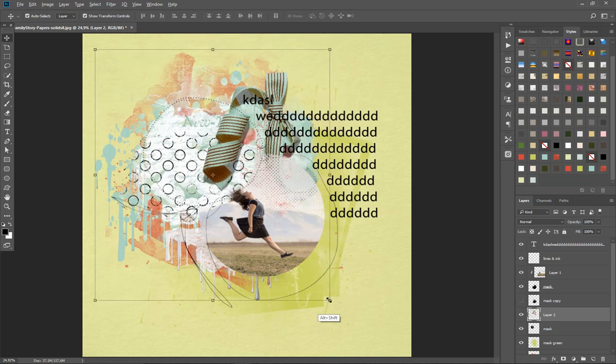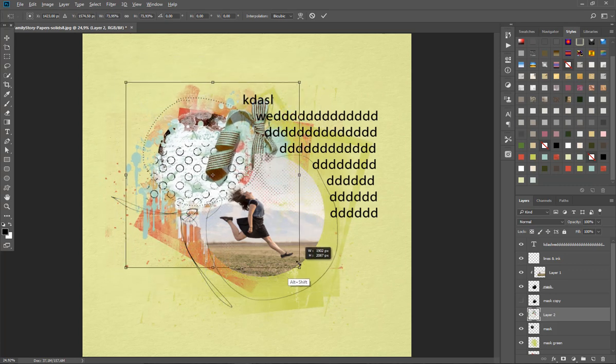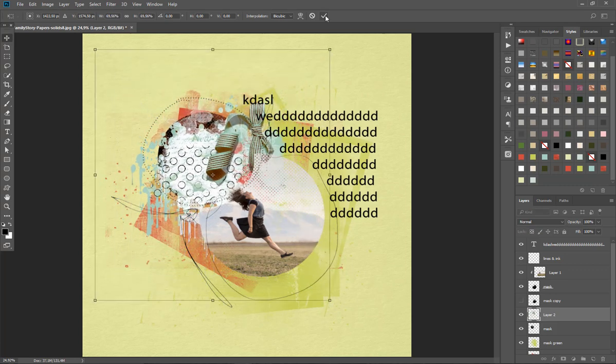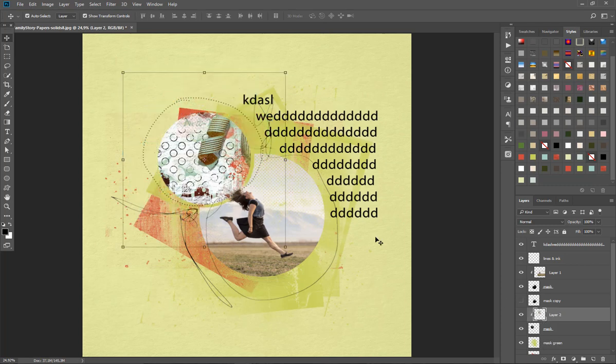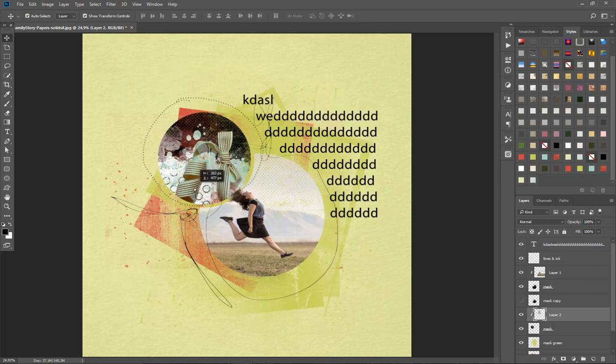Now I will Alt and Shift and I will resize it a little bit, and Alt on your keyboard and clip between the two layers, and